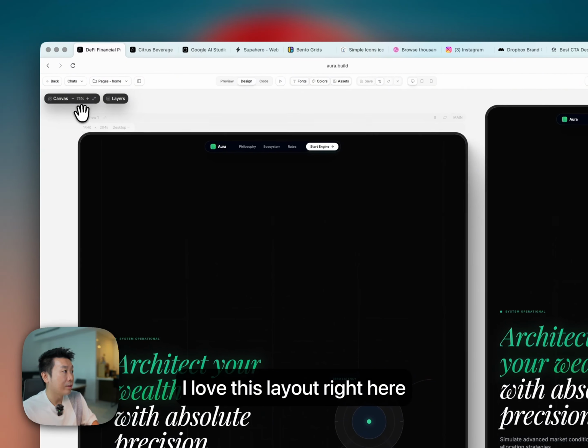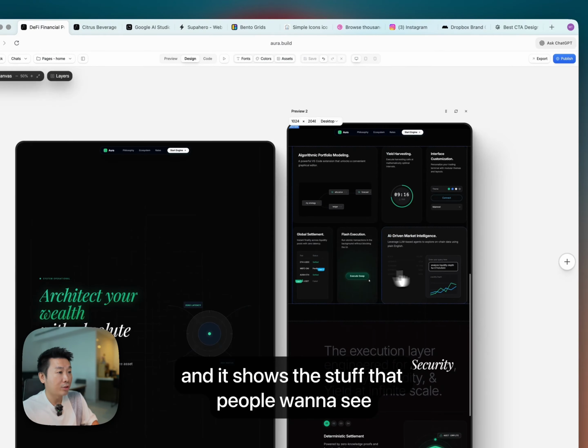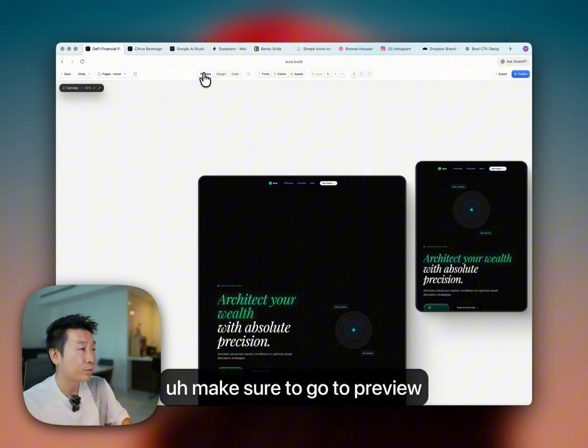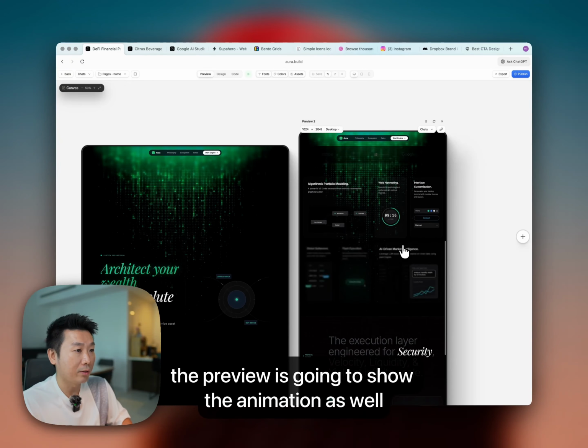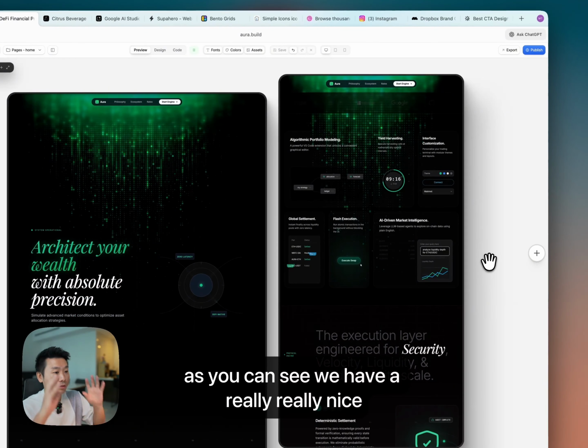I love this layout right here because it shows the entire website and it shows the stuff that people want to see. So for example, they don't want to just see here. Make sure to go to preview because the preview is going to show the animation as well. And as you can see, we have a really nice